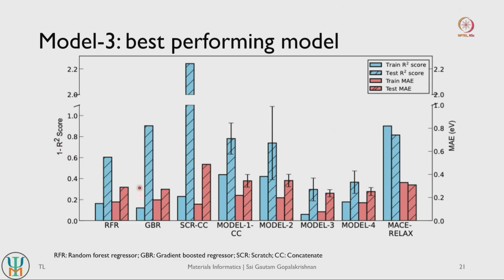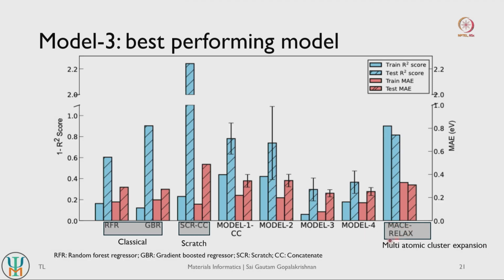And we plot these statistics for a bunch of different models, right. So the first 2 models are basically classical machine learning models. So this is random forest, this is gradient boosted regression, both are ensemble models. This is basically our scratch model. So our MPT model that has been trained from scratch. So it's just the MPT architecture that has been trained on the migration barrier itself. There is no pre-training that has been done. So this is representative of the scratch model.